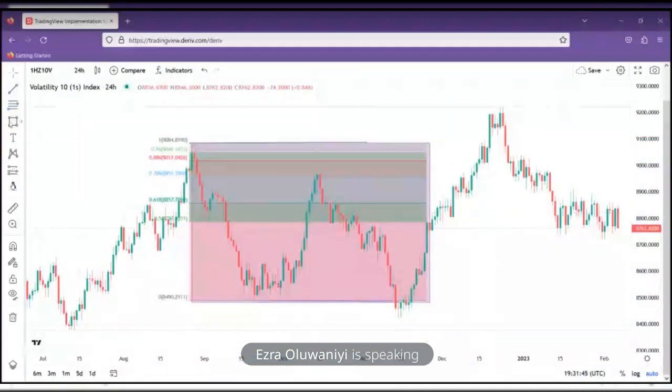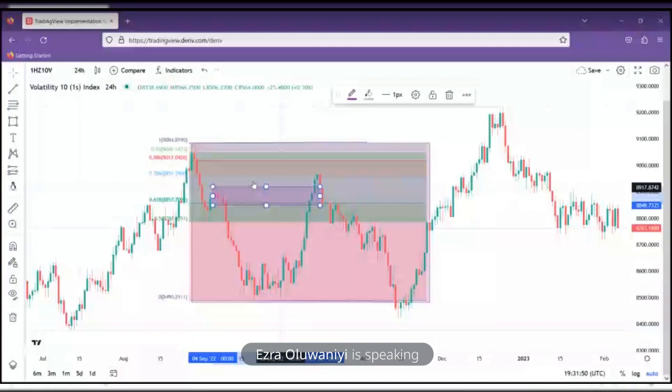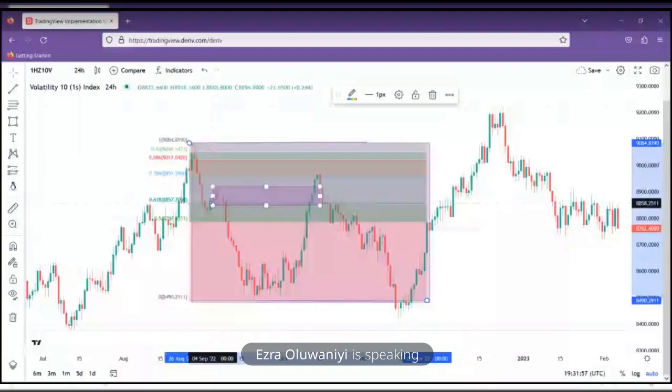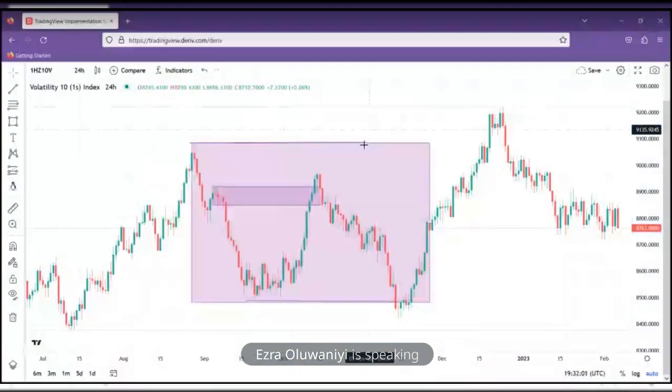Okay, so this zone here is above 50%, but like I said before, I'm not going to use that zone because there is imbalance above. So that concept is for another day. Some persons will ask me why I didn't use this one. There are reasons why we don't use every zone in the market. So let's go down, but